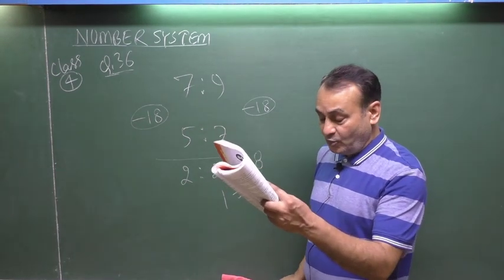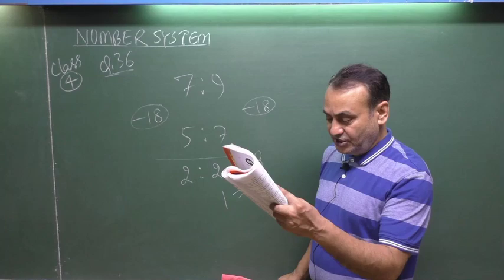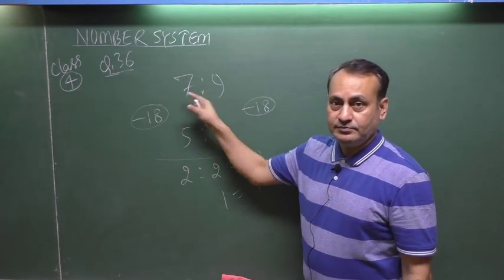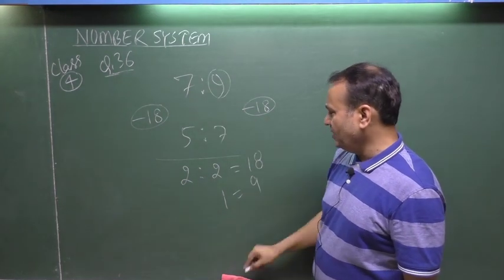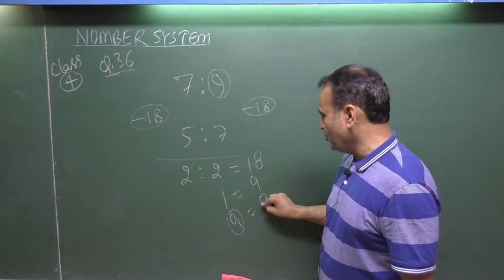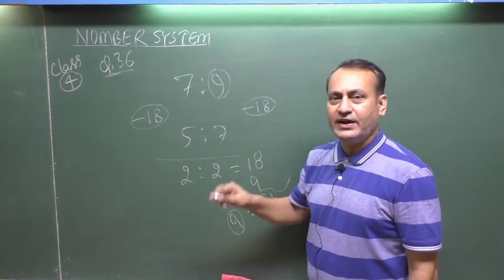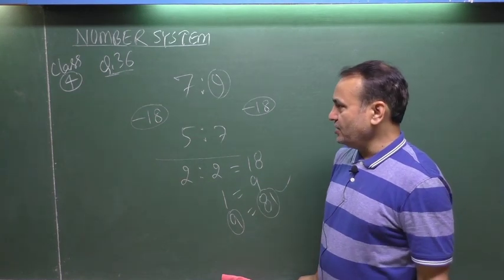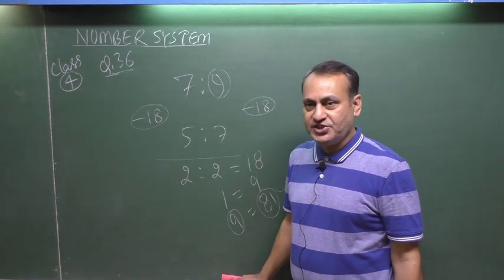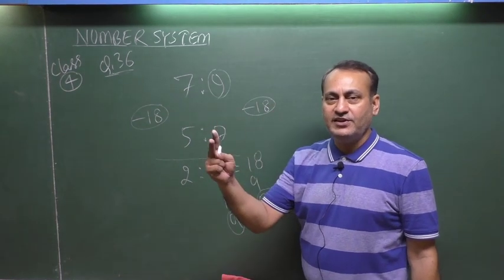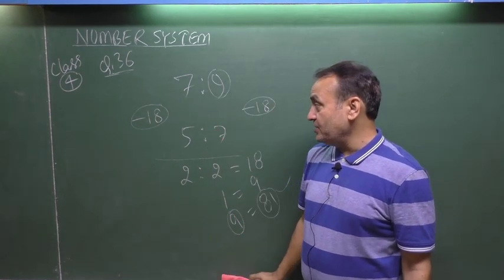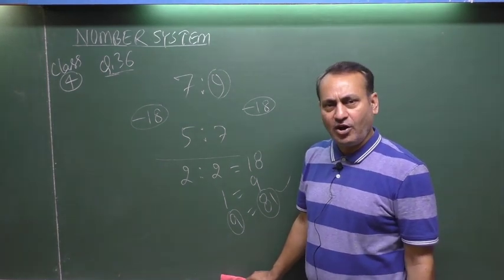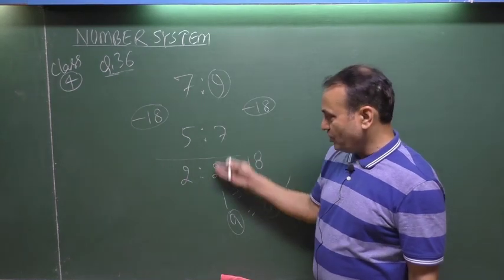Read the question. What has been asked in question number 36? What is the bigger number? The bigger number among these two, that is 9. 9 units equals 9 times 9, which is 81. This is your final answer. Note down. Thus very easily you can use this trick in such a situation, whenever the question says there are two numbers in the ratio 7:9 and after subtraction of 18 from both the numbers the ratio becomes 5:7. Point out the smaller or bigger number. Okay, you have to adopt this.